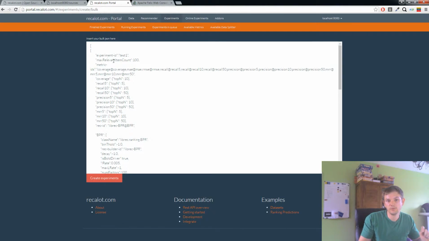Here I have an array with 2 experiments with the experiment ID, with some metrics, and the metrics are the coverage, the recall with multiple instances and multiple configurations. So the first part, this is a comma separated list. Here's the comma, and the as separates the access ID and the instance ID. So I can use the instance ID to configure the recall. So for example, the recall 5 has a top n of 5 elements, and the recall 10 top n of 10